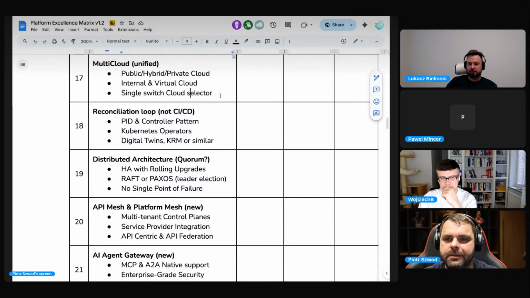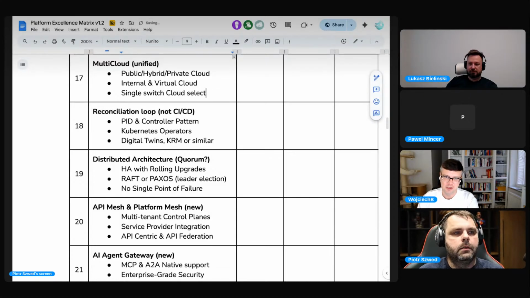Is it important, especially when it comes to... It really depends on the size of the organization. I think most organizations, until they are really big, usually want cloud. Then they are hybrid, let's say on-prem and cloud. And when the organizations are really big, they are multi-cloud. So the platform should give us a framework that we can actually use to create such a solution, because in the end, the platform is not going to give it out of the box. Probably it will give us some kind of framework for how to think about it and how to structure a solution to solve this problem. So it's more about the readiness to implement these kinds of features if you need them, right?